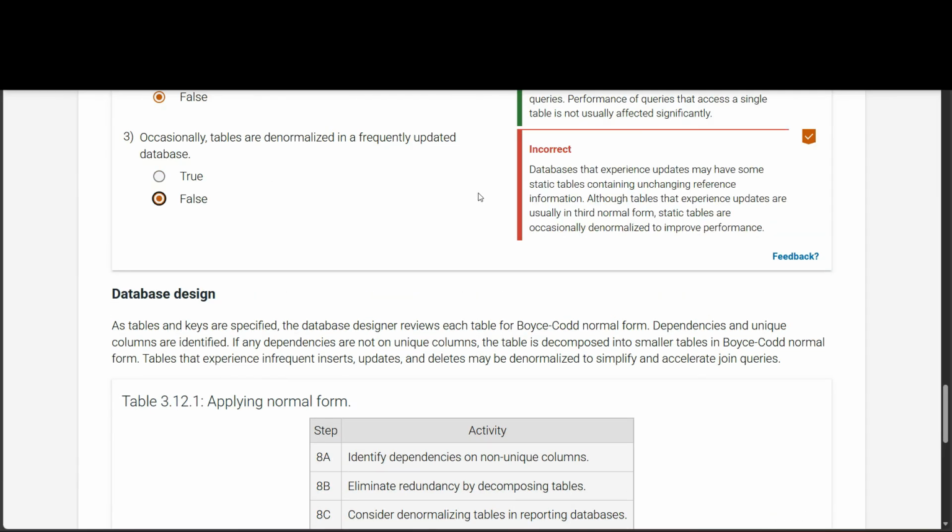The other side is the false part, which does not work because databases that experience updates may have some static tables containing unchanging reference information. Although tables that experience updates are usually in third normal form, static tables are occasionally denormalized to improve performance. So the correct answer here